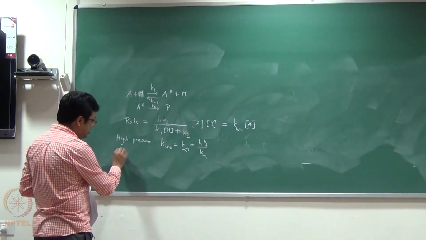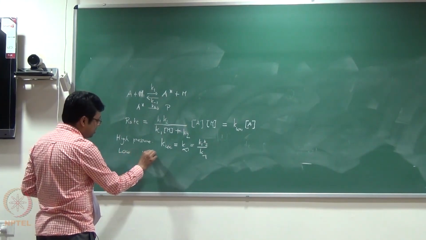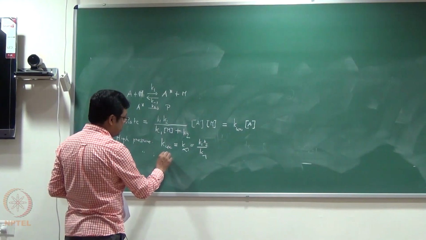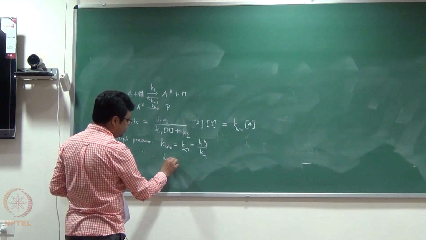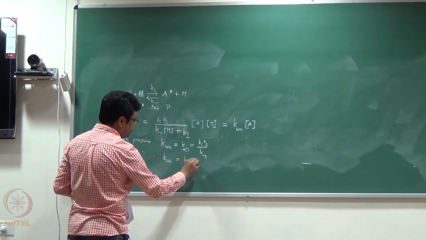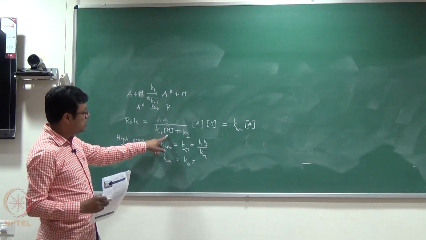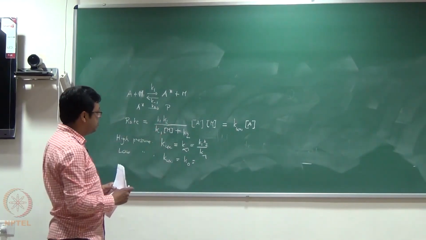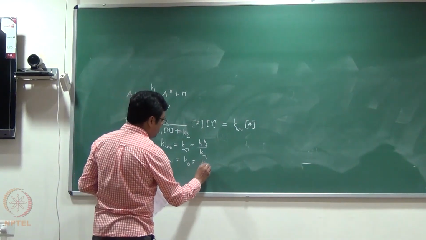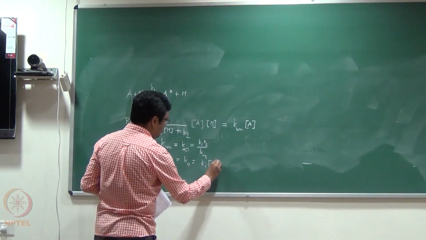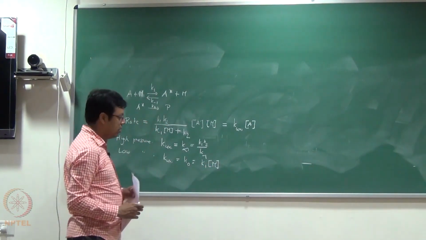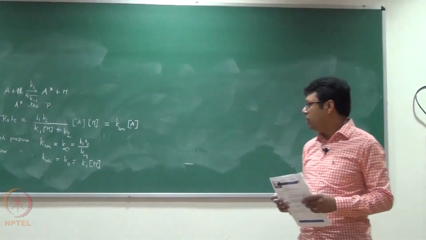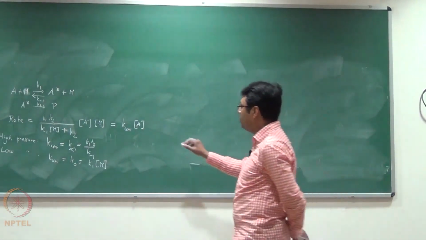Okay. And similarly, I can also think about the low pressure limit. The low pressure limit is something like unimolecular, which we write as K0. Now low pressure means this term will be small, so I'll have K1 K2 by K2. So K2 will cancel, and what I'll have is K1 into M. So these are basically the two limits of the unimolecular reactions, and Lindemann basically